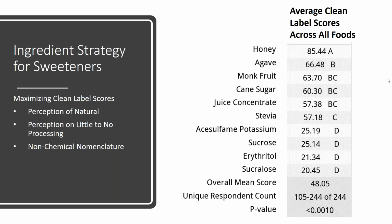And again, honey is really high. You have this group of ingredients kind of in the middle with agave and monk fruit, cane sugar, juice concentrate. We're just wondering if there's an effect of processing or something that's going on there, that if you have an indication of processing, it decreases the clean label score. Just something to think about. We don't know for sure, but we're continuing to try to learn there. And then stevia, I'm going to talk more about stevia because it's really interesting. This is a really important